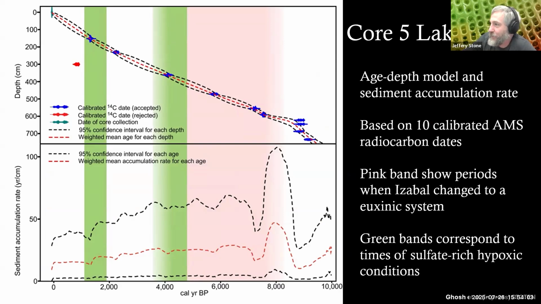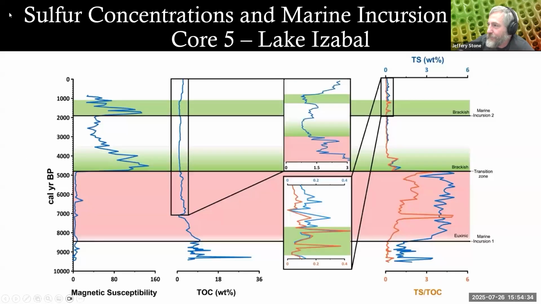The age depth model that we have is based on 10 radiocarbon dates. And here you can see the boundary between the pink and the green is where that flooding surface is. Between the pink and the white is the boundary here at the base where, around 8,000 years ago, we see this transition. And then this boundary between the pink and the green is another one that I will talk about as we move forward. But the general model for what we see has been clearly defined by a bunch of different types